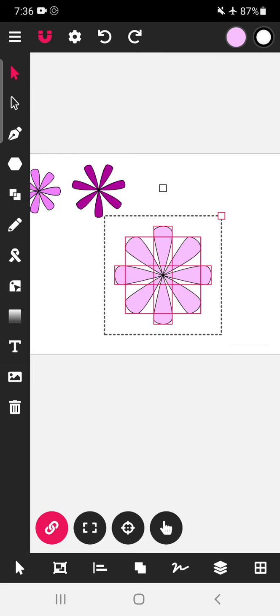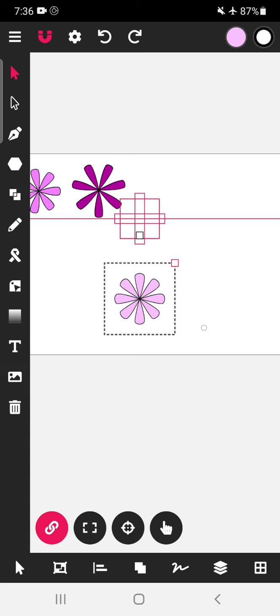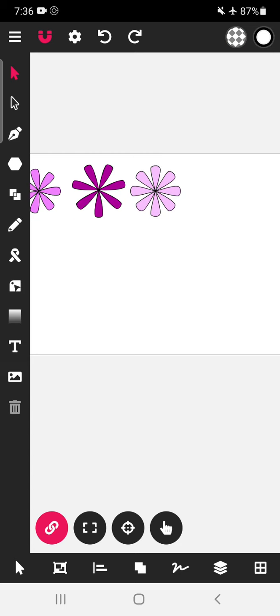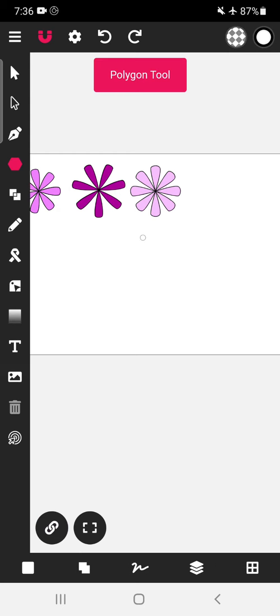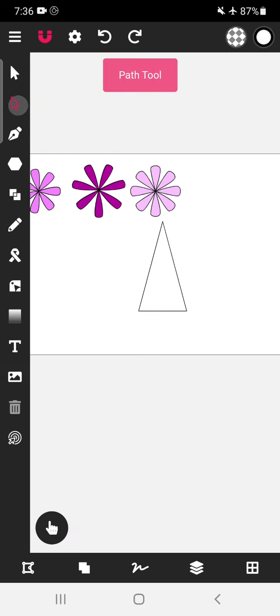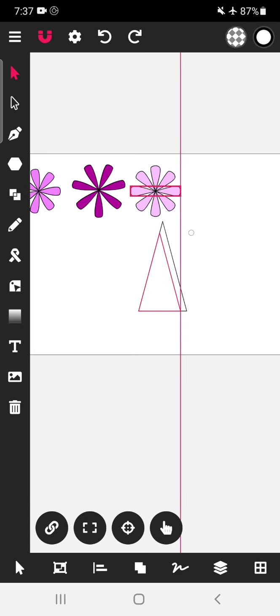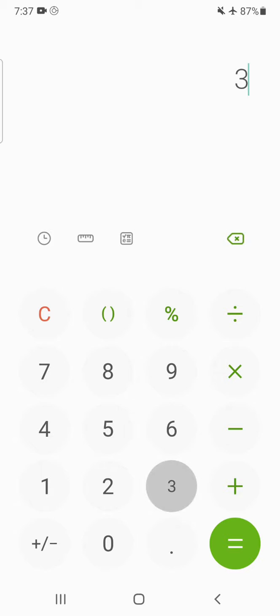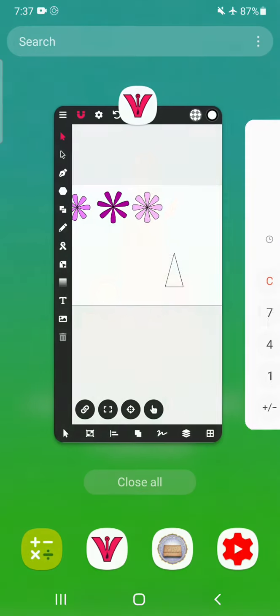For an odd number of petals, if you want a particular number of petals, like if you want 5 petals, then what should you do? So we will use only a triangle for this purpose, and I want 5 triangles around a center point. Then I have to calculate using a calculator: 360 degrees divided by 5, so it comes to 72 degrees.